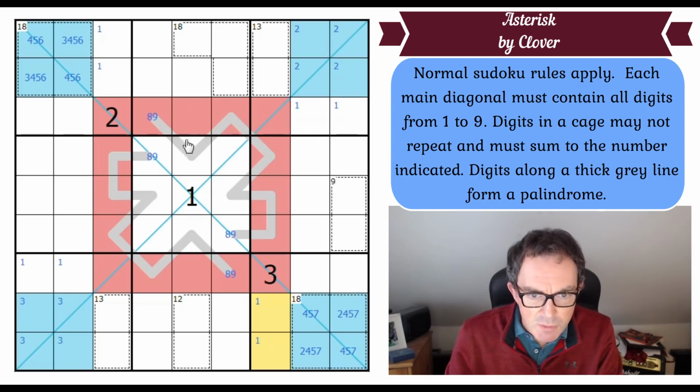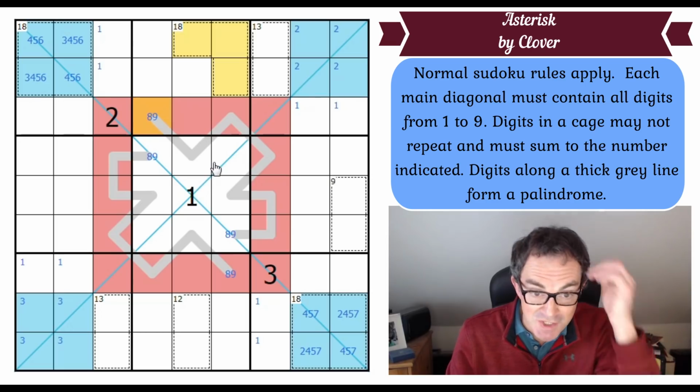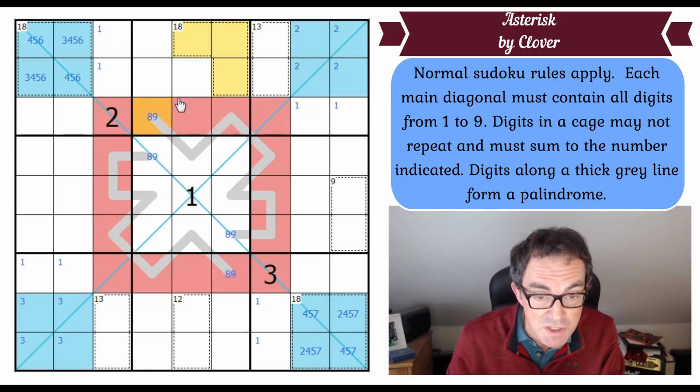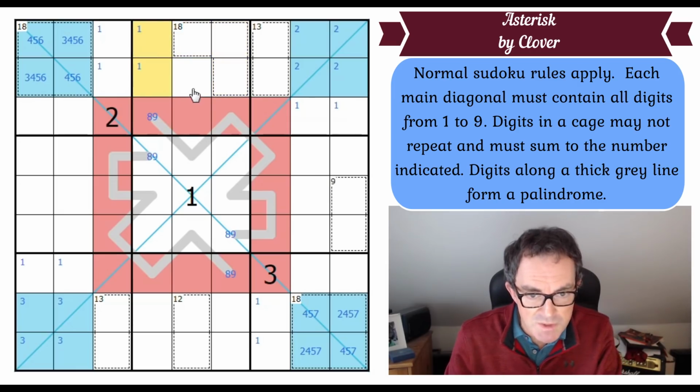Let's look at the 1 on the 18 cage. Look, 1 can't go in the Fistamafel ring. We know that, so it's not in any of those cells. It's not in either of those two cells. Now, can it go in either of these two cells? Well, no, because if it does, this 18 cage would have to be 1, 8 and 9. And that would mean there would be 3 cells in this box that all had to be the digits 8 and 9. So you'd necessarily have to repeat at least one of them, and that would break the Sudoku. So 1 is in one of those cells and one of these cells,